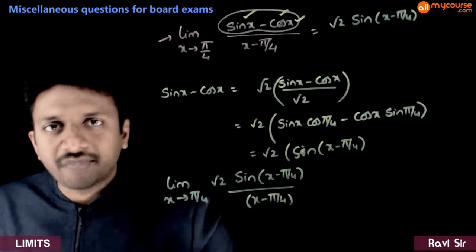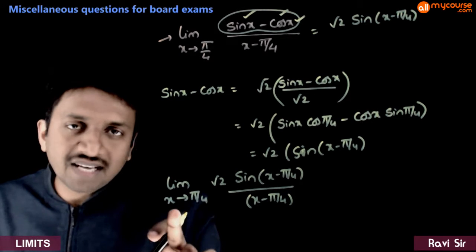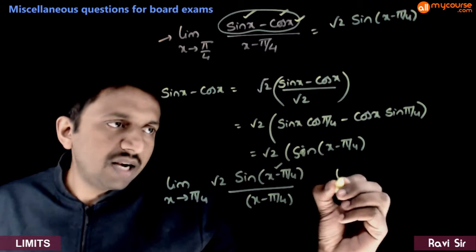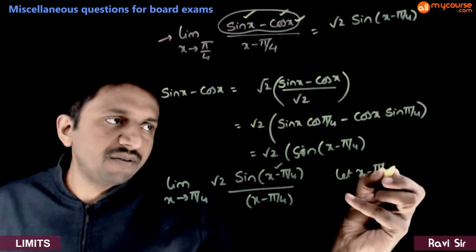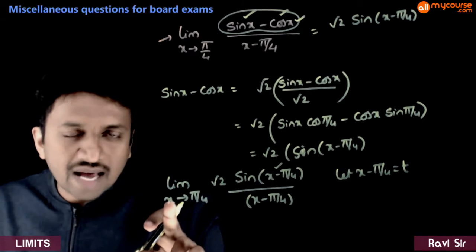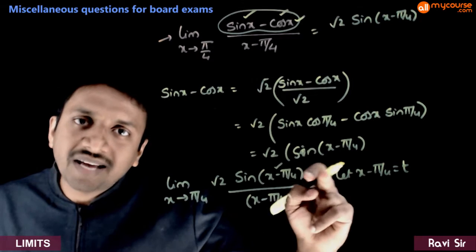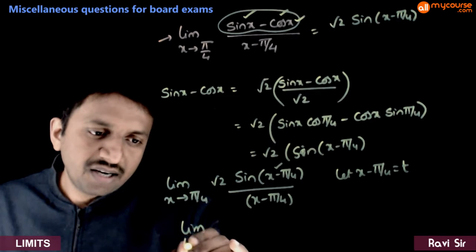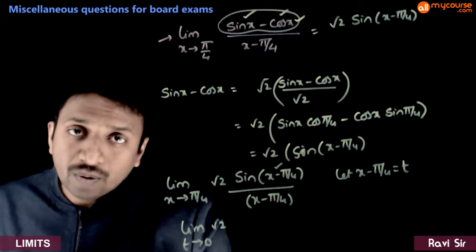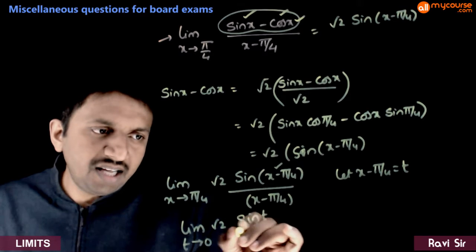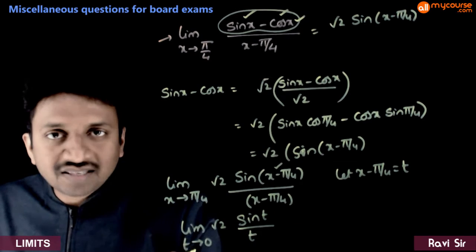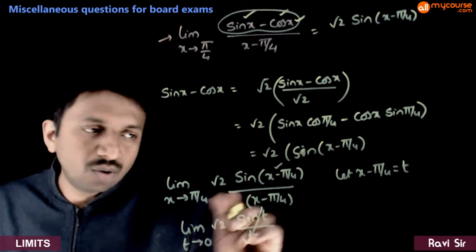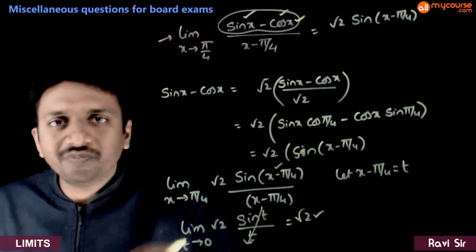Now as x tends to pi by 4, where does x minus pi by 4 go? So let x minus pi by 4 be equal to t. So as x tends to pi by 4, x minus pi by 4 obviously tends to 0. So this limit becomes limit t tends to 0 root 2 times sin t by t. So as t tends to 0, sin t by t goes to 1, into root 2. So this limit will be equal to square root of